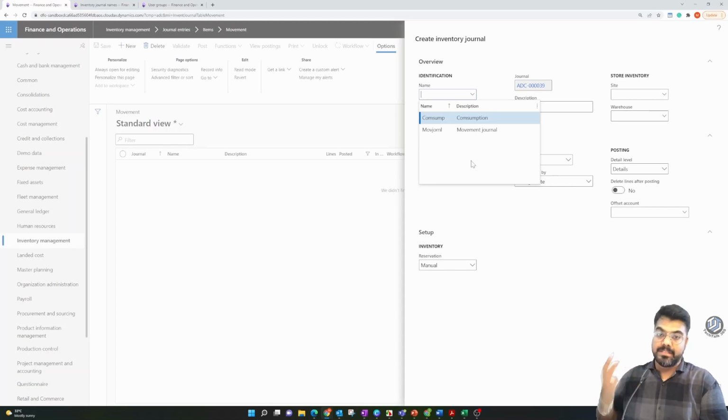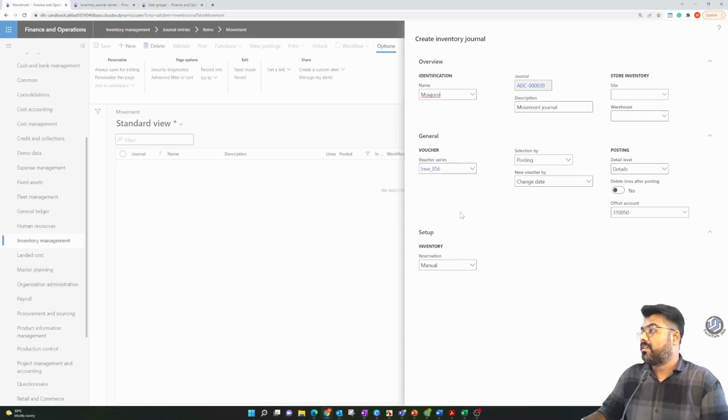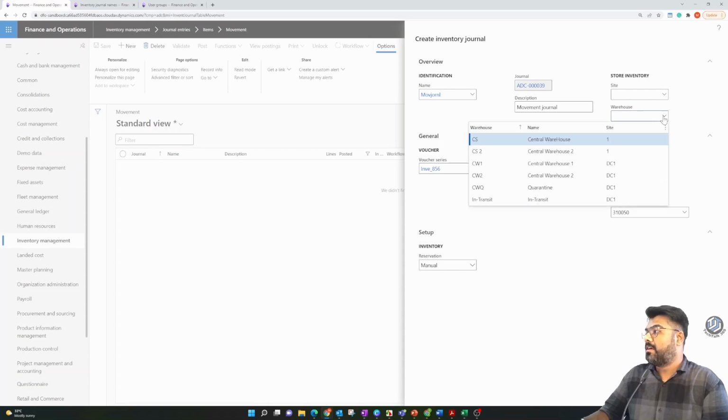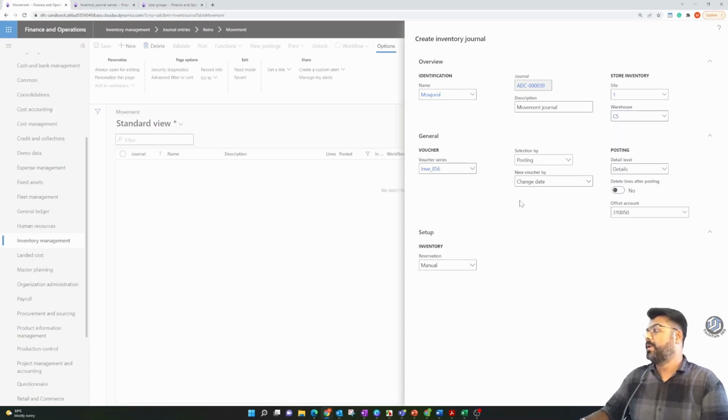Okay, so that's another additional point I wanted to mention apart from the one we discussed in the previous part. Okay, so now let's go ahead with the movement journal and explore some additional scenarios that we missed to explore in the last part. So let me choose that movement journal name, and let's also quickly choose a warehouse and site. And yeah, let's go and